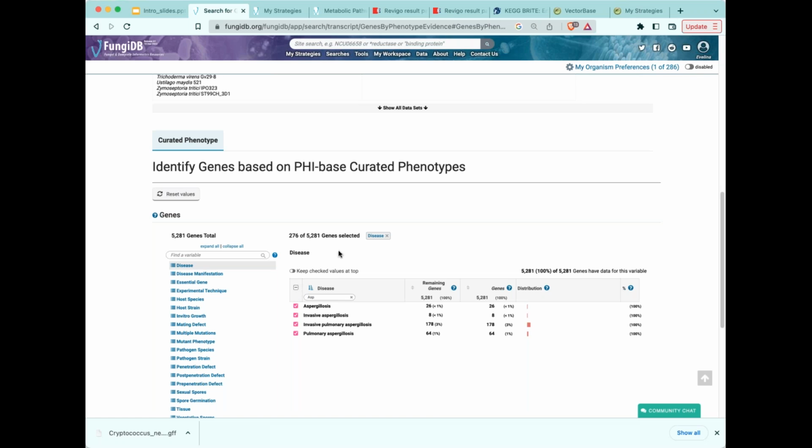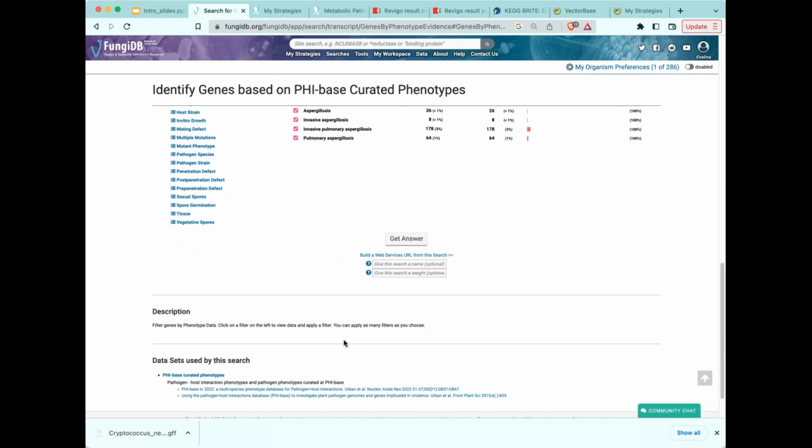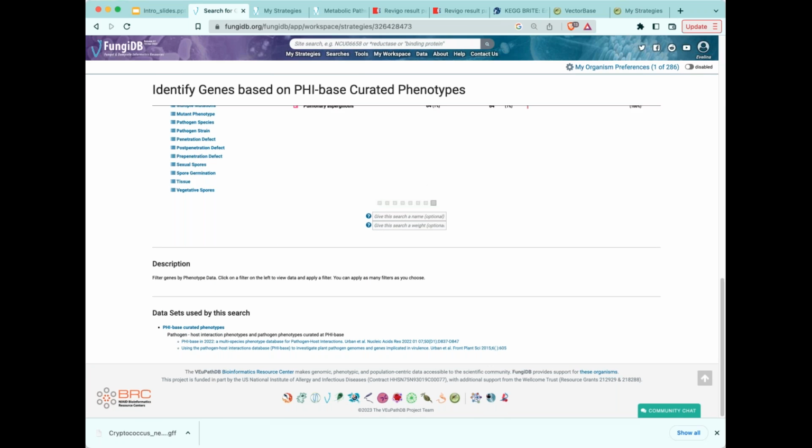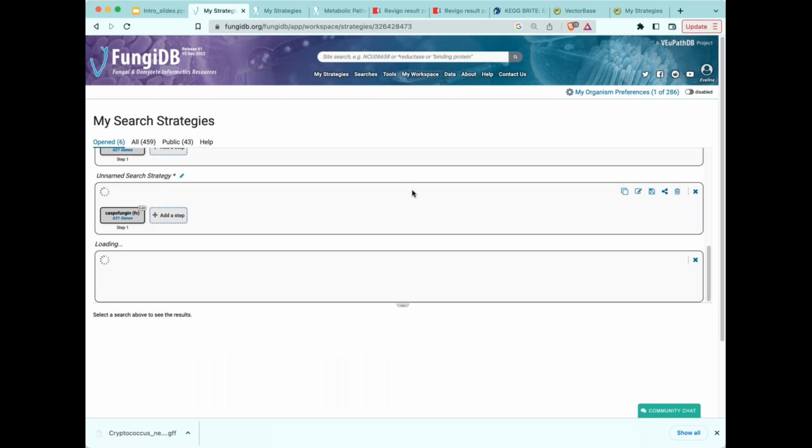What I'm interested in this particular search is to pull up any genes that have manually curated records associated with this disease, such as maybe they're important for virulence or any other phenotypes associated with disease in animal and human models. And so I will select any possible annotations and run my search to identify these genes. And so once the search